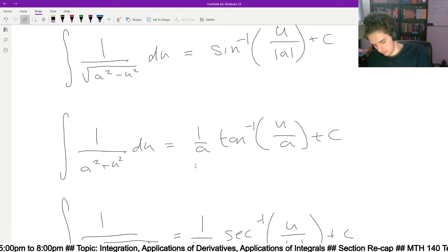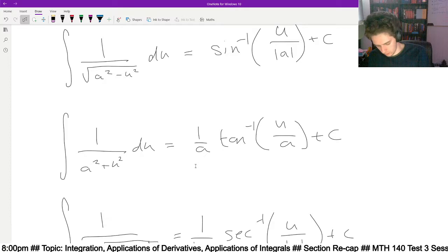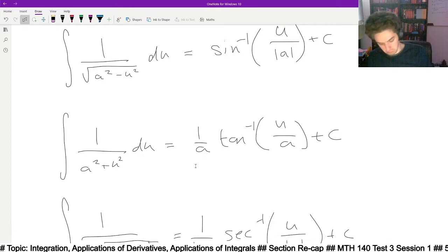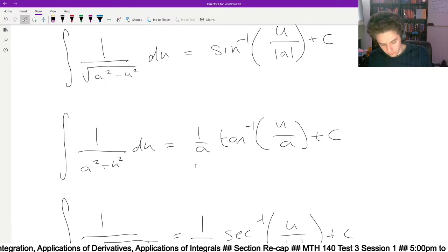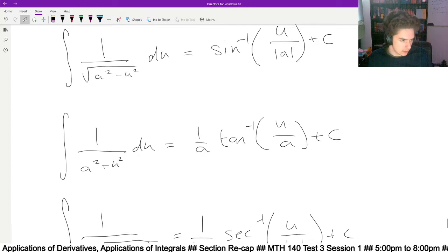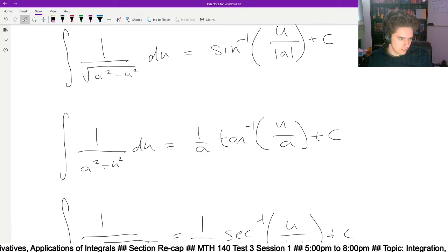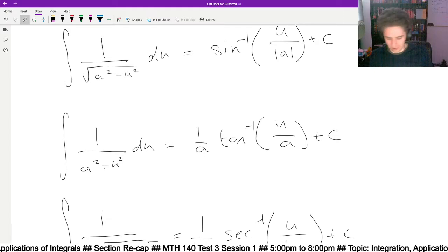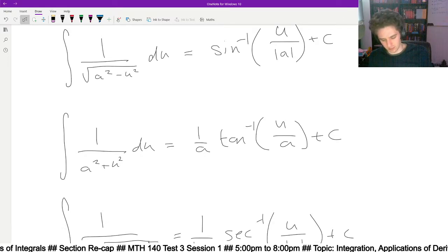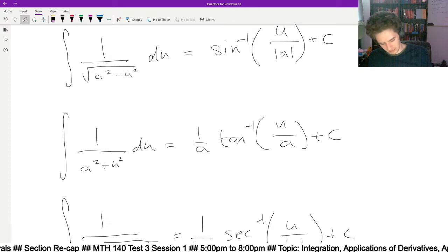Wait, so there's nothing in terms of like inverse cos, inverse cotangent? No formulas that we use in this section, at least. Alright, well, I hope they don't put it on the test. Yeah, for sure. I mean, it's not even in the textbook, so I would expect not, but